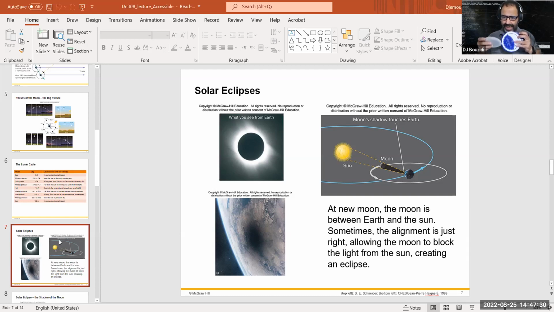They are not exactly lined up to be covering one another, but there is an angle between them, about 5 degrees. So the moon could be 5 degrees above the ecliptic or 5 degrees below the ecliptic at any time of its path. Because of that, when it's a full moon, most of the time, there is no